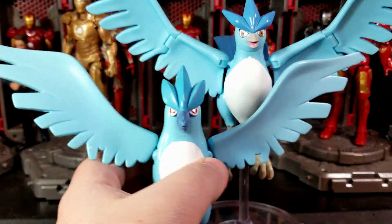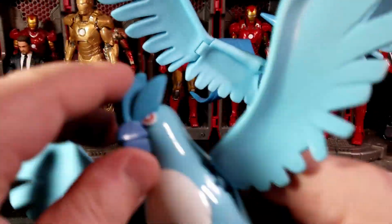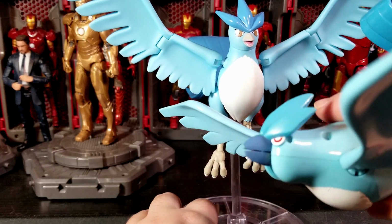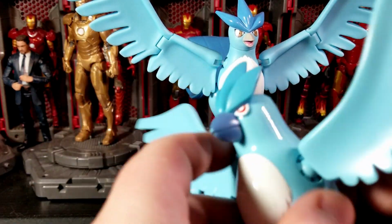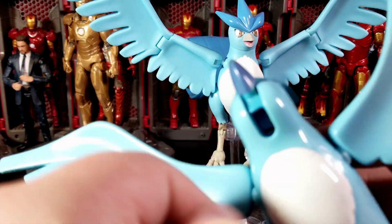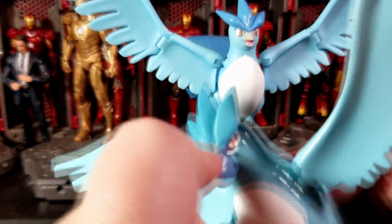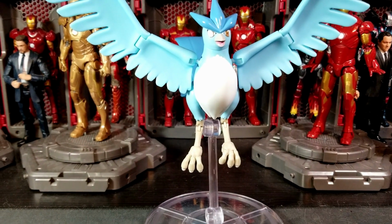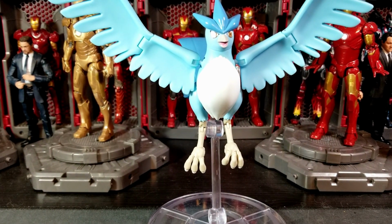But this is what I mean when I say I wish Articuno could look forward, because when it's flying you think it'd look like that, not in the stuck down position, which is one thing I guess you get bonus, but that's really ugly after the fact. So if they had a way to do that with the head,